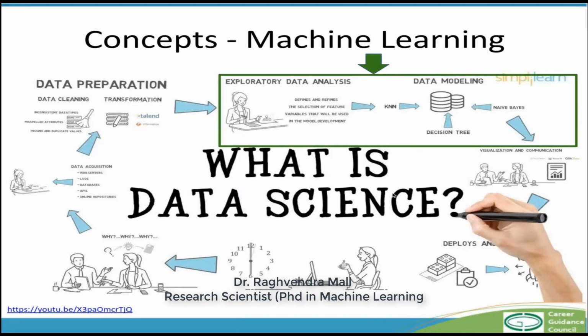The other things, like gaining the insights you have got and answering questions like why and what happened, are not necessarily components of machine learning. Some people will say they are, but in general, the primary things associated with machine learning are the exploratory data analysis and the modeling. And this complete scenario is what is called the process involved in data science. So I hope it helps to make the distinction a little bit clearer.